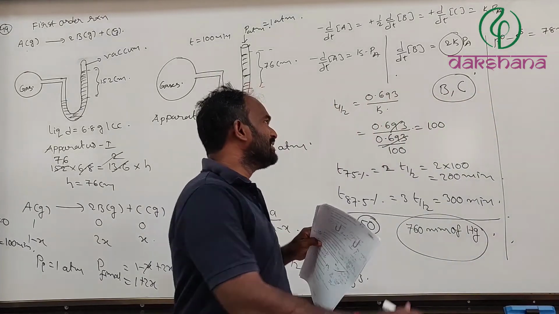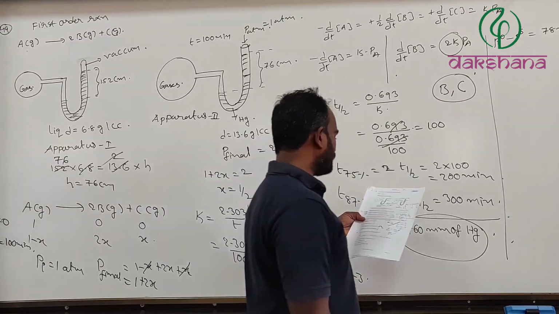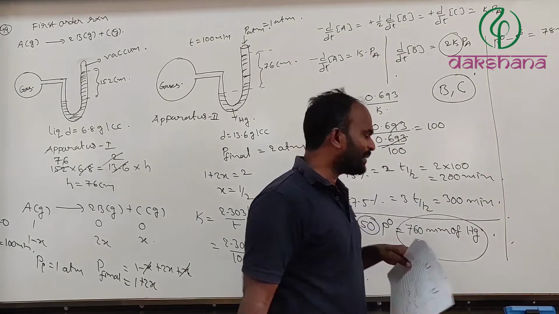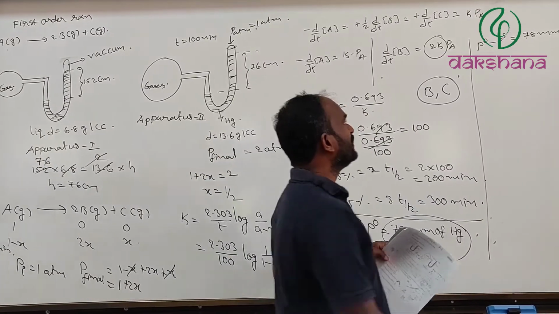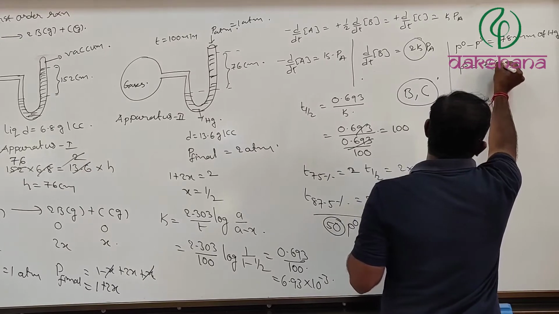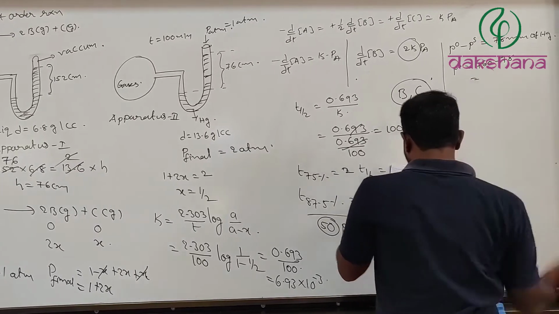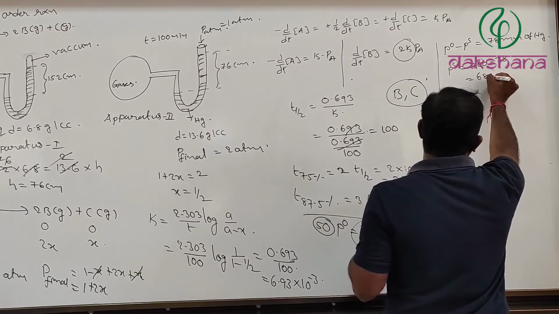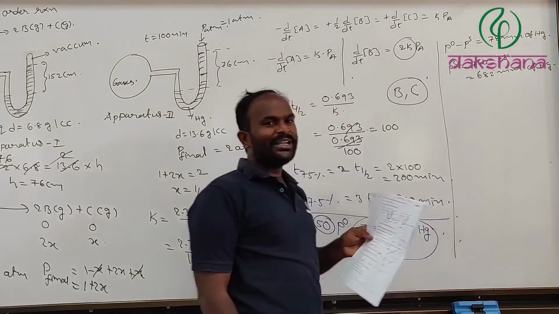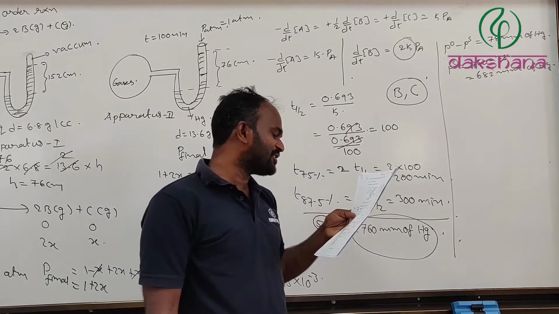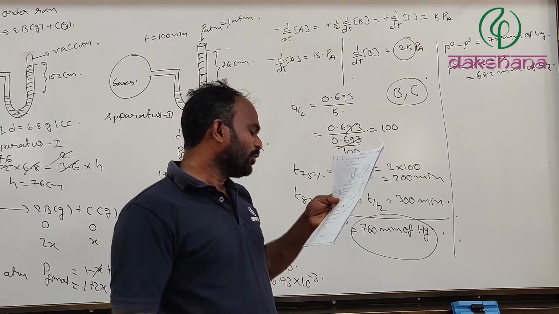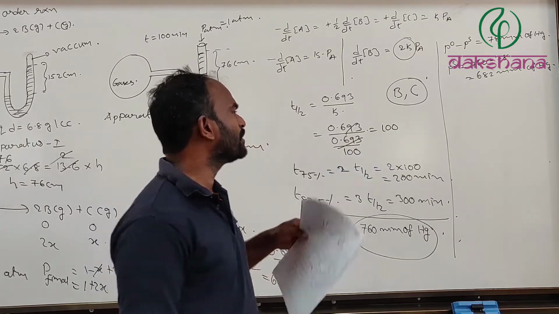In that, we have to calculate the P0 value. We already know, because it is the normal boiling point of benzene, that P0 is 760 mm of Hg. Now, therefore, from this, Ps is equal to 760 minus 78. That value is equal to 682 mm of Hg. Ps value is equal to 682 mm of Hg. Now for this, first we have to calculate the relative lowering of vapor pressure as well as the molality of the solution.